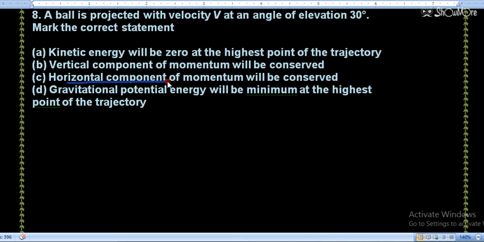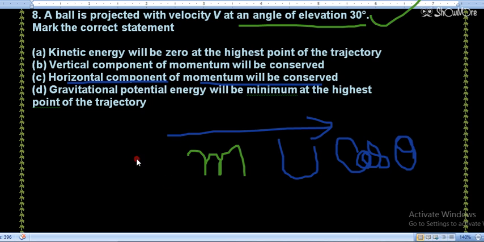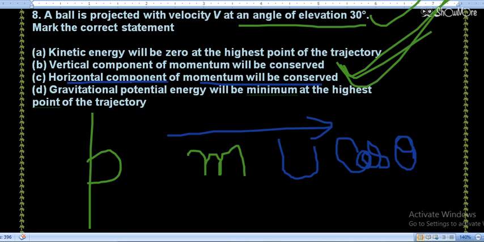Then he is saying the horizontal component of momentum will be conserved. We know the horizontal component of velocity is u cos theta if the projectile is fired at an angle theta. Why are we taking this case, and not the horizontal projection one? Because the angle of elevation is given. So that means the horizontal component never changes, u cos theta, and if we multiply it with mass, then we can say the momentum of the horizontal component will be conserved. This value will remain the same. Conserved means that which does not change. So option number C will be the right option, but let's check option number D also.